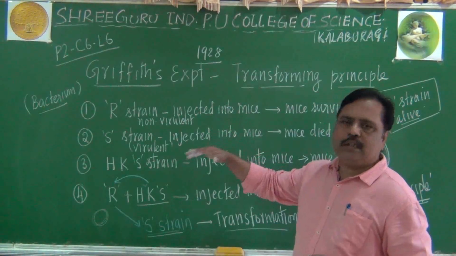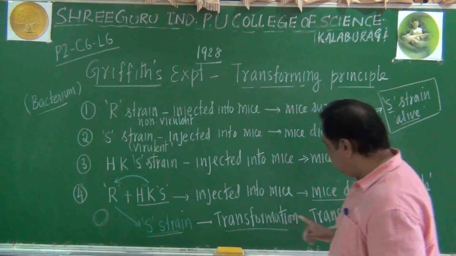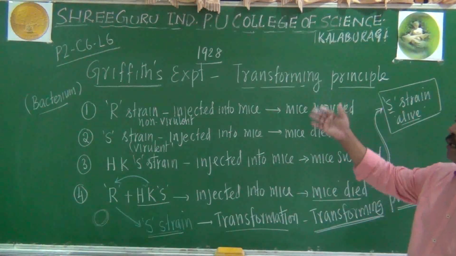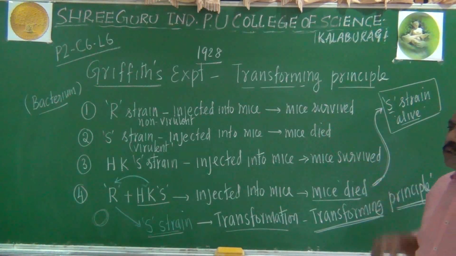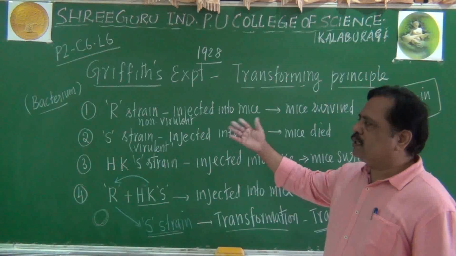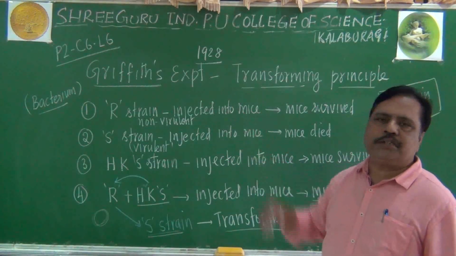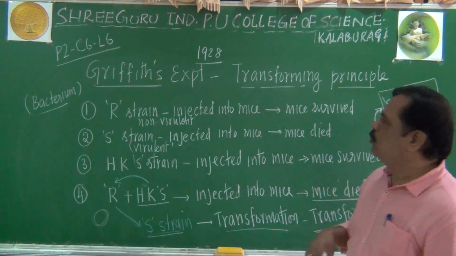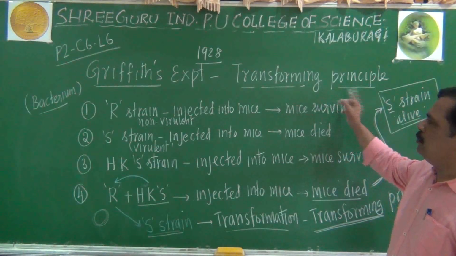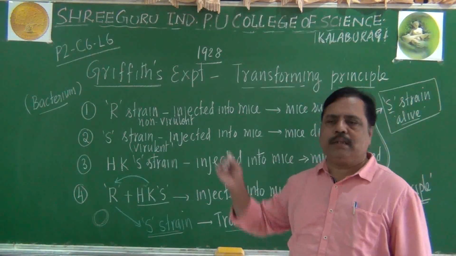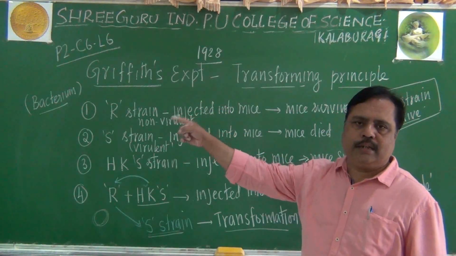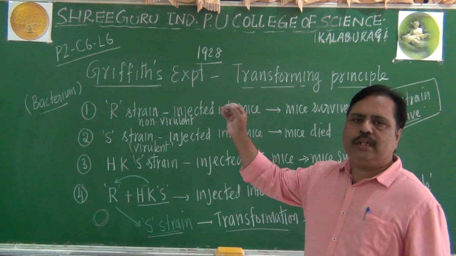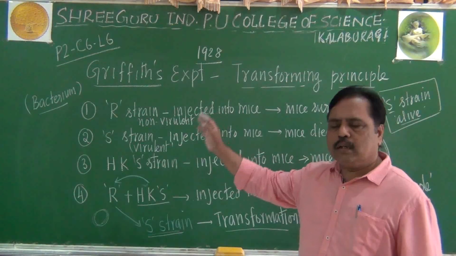Let us go to the next set of experiment, where this same transforming principle was taken by some other scientists, and they understood about biochemical characterization of those experiments. Let us go to the second set of experiment in the next class. Remember students, it is a 5-mark question, Griffith experiment about transformation and transforming principle. What is the type of organism studied by Griffith? It is a bacterium. Name of that bacterium is called Streptococcus pneumonia. It is pathogenic. It will cause pneumonia disease including human beings.